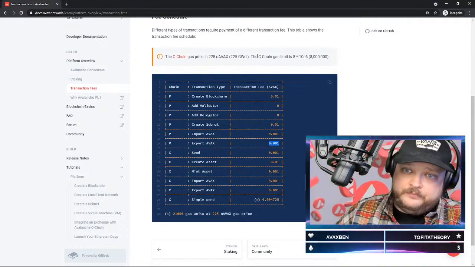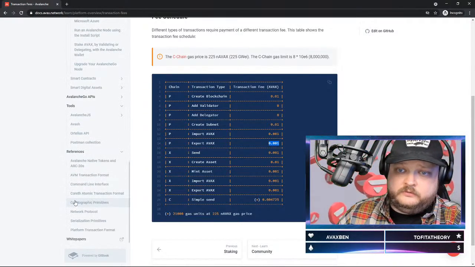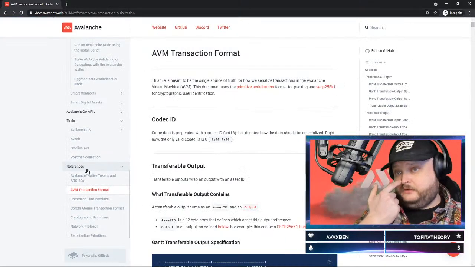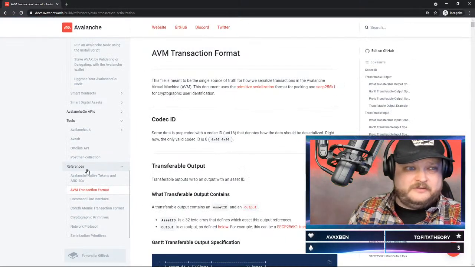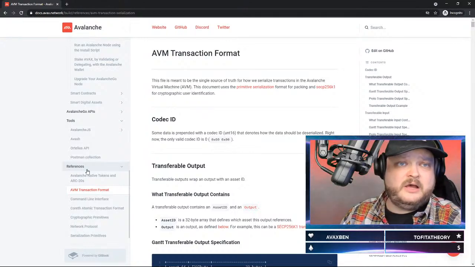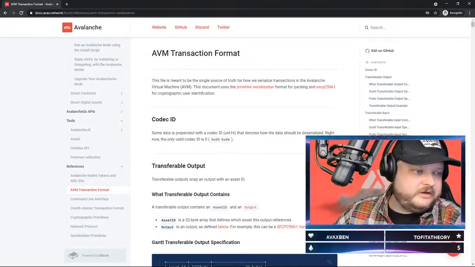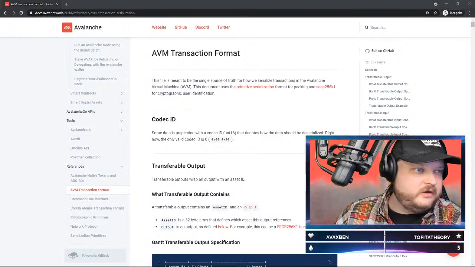Yeah. Anyway, so let's go back to the transaction format. I want to talk a little bit about that and get us kick-started off of that before I pull on the text editor onto the call.